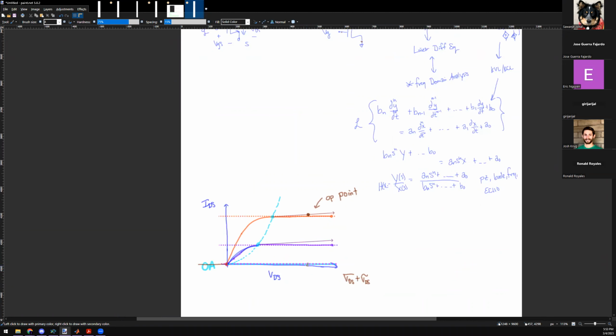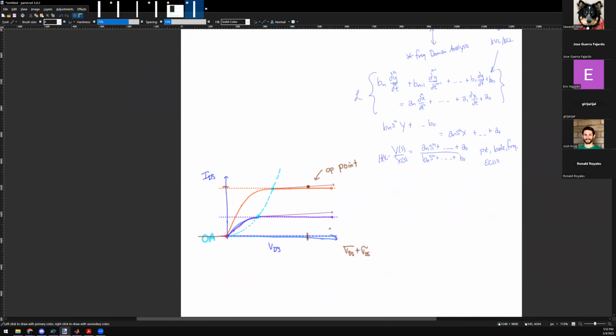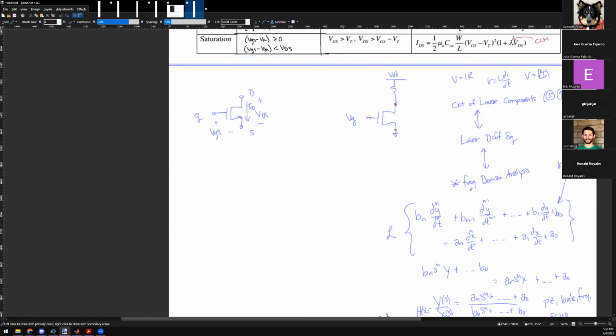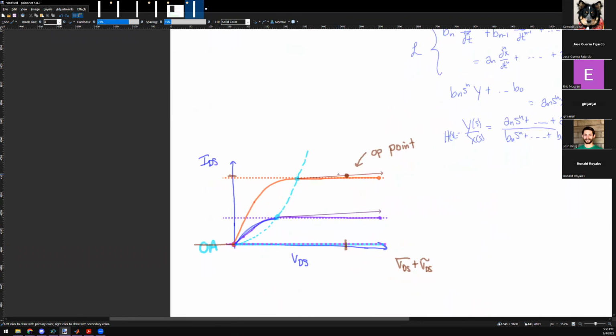So I know that my circuit's operating at, let's say, this VDS at this output current with some VGS. Do you guys agree that it could be possible to get there? Yes. Okay. Once you have that op point, because this thing is non-linear, there's nothing I can do to make it linear across the whole operating range. I cannot make this whole thing that is inherently non-linear linear. However, I could declare that a local region around it can be linear. This I can say. So I'm saying that, as long as I'm operating at this op point,